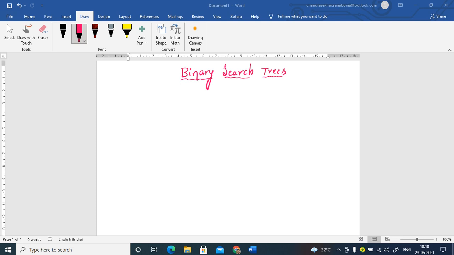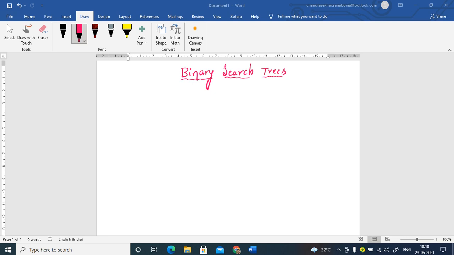In today's session, we will start the discussion on binary search trees. Right. So we'll discuss what is the definition of a binary search tree and why we need to use binary search trees, and then we'll see various operations on these binary search trees.